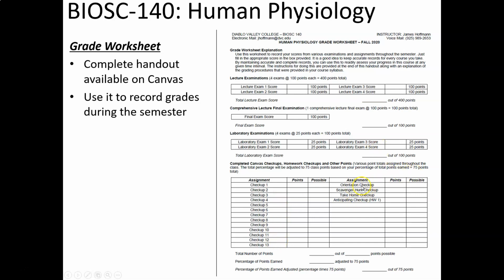And there are a few other assignments. There's an orientation checkup. There's a scavenger hunt checkup. I think I still haven't written it yet, and we'll start school in less than a week from when I'm doing this. A take-home checkup that will have a little take-home quiz, and then another kind of quiz you'll do for that. So basically, we're going to add up all these points, get your percentage of what you got correct, and then multiply that by 75. There are also places on the back that explain the grading system, and a place to put in the JLR and lab report, as well as the physiology projects.